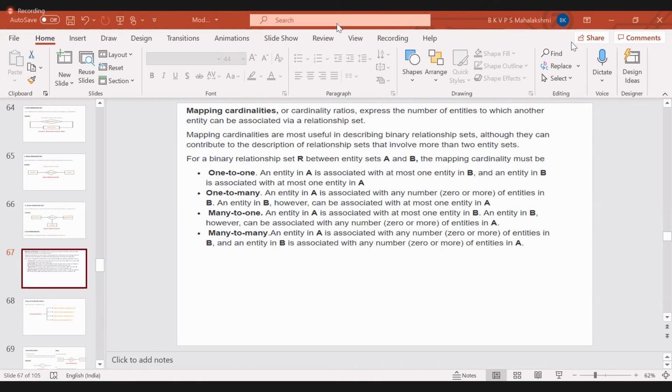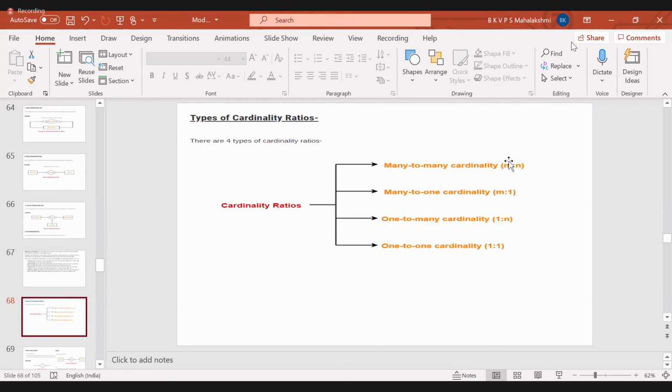You know, we should not write this kind of words while drawing the ER diagram. We have to represent the symbols. That I'll just show you now. So these are the mapping cardinalities: 1 to 1, 1 to many, many to 1, many to many. And so these are the symbols. Okay, 1 to 1 is nothing but, you see below the relationship you have to just represent the symbols.